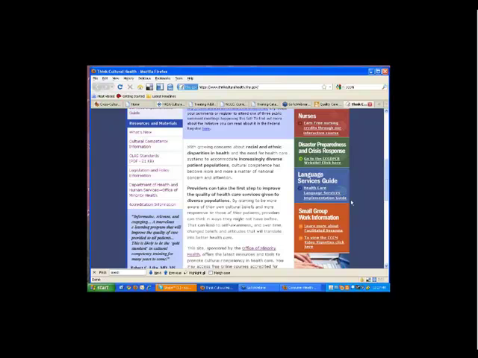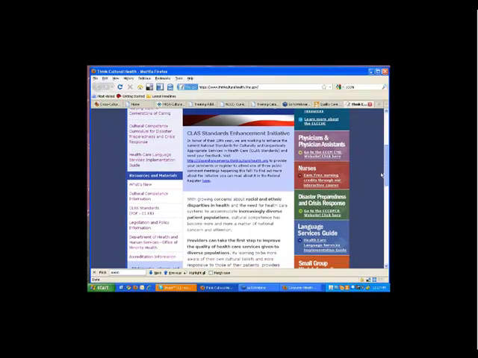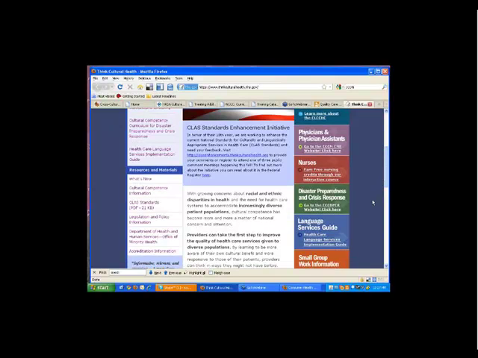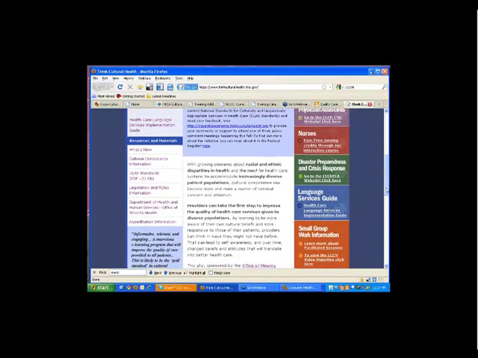section. Now you do have to create a profile to use these, and the one for the physician and physician assistants is actually quite complex and wants to know your physician IDs and where you practice, because there's CME attached to these. So if you are a physician or a physician assistant, it's great for you to go in and be able to take some of this online website training. The other ones have ways to get certificates that are just certificates for participation, and so they're a little bit less complex to take a look at.